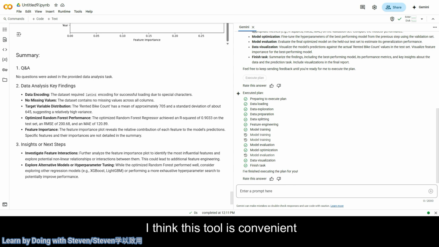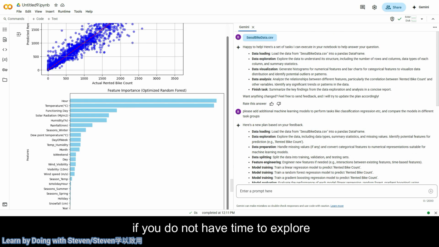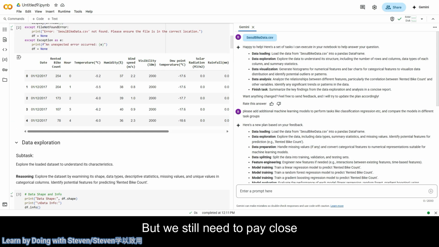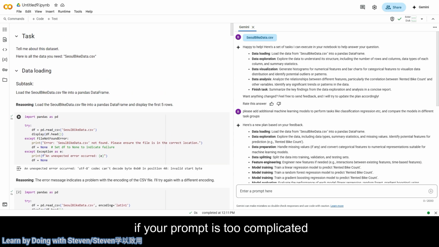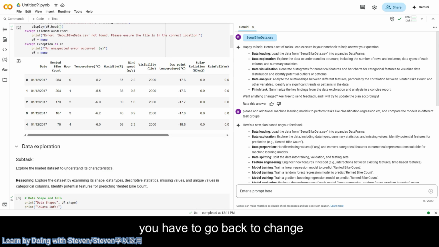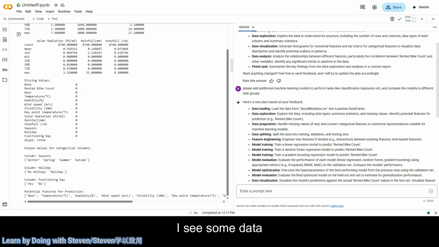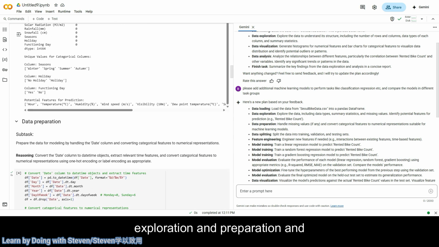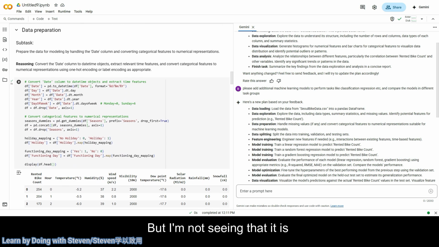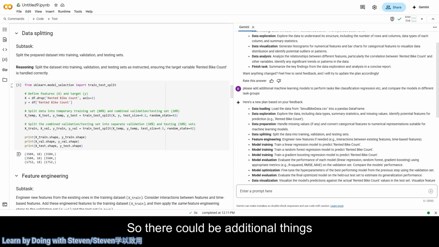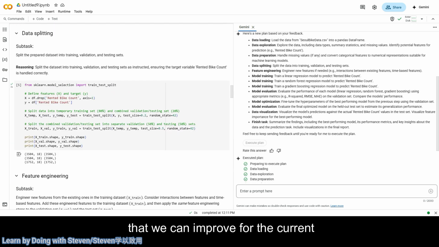In general, I think this tool is convenient if you do not have time to explore a certain dataset and let the machine do everything for you. But we still need to pay close attention. For example, if your prompt is too complicated, maybe the workflow cannot handle them in every single detail. And there are some additional issues. If you noticed, you have to go back to change the code or improve the code. I see some data exploration and preparation and so on, but I'm not seeing that it is using like the standardization. So there could be additional things that we can improve for the current